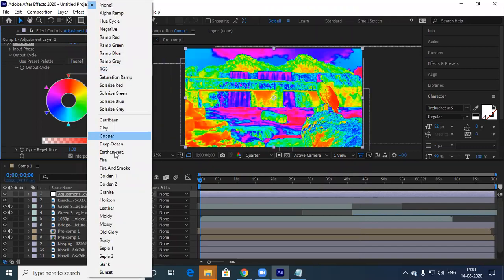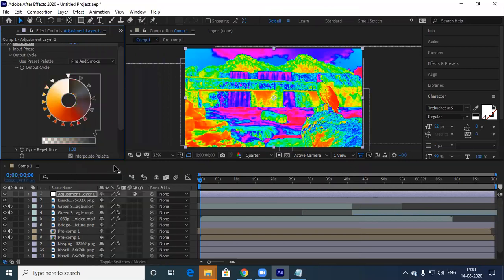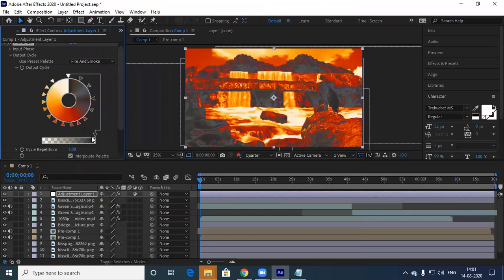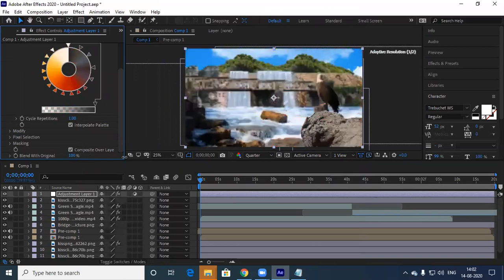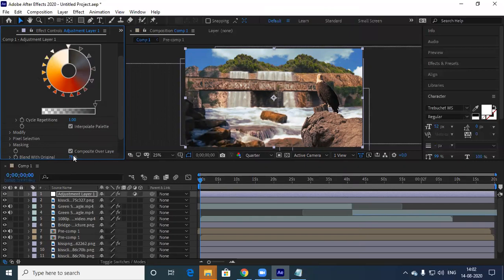I'll do one thing. What kind of look and feel let's have? I'll go with fire and smoke, something like this. Then blend with original. So 70, 78. Now you see the entire thing looks, all this color is blending. All the rock, this bridge, it's blending now. This looks like a single image, right? Understood? Yes, sir. This is the part which we have to do. So 85, let me just try. Okay, 82 or around 85 I have given.